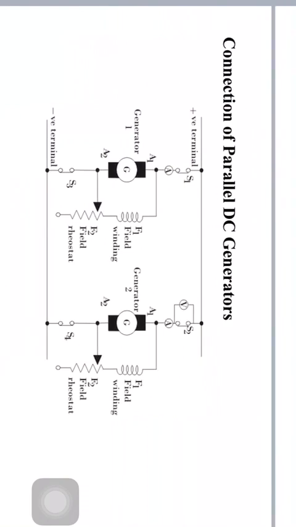Next, efficiency can also be improved by parallel operation. Generators run most efficiently when loaded to their rated capacity. That is, when we run the generators at their maximum rated capacity, we get the maximum efficiency. Electrical power costs less per kWh when the generator producing it is efficiently loaded.